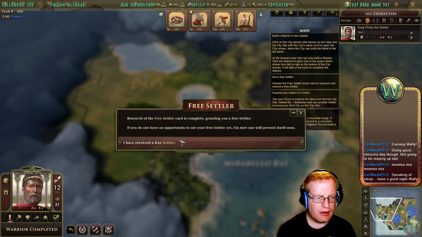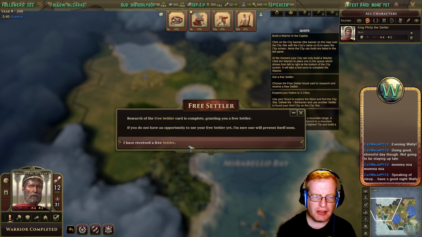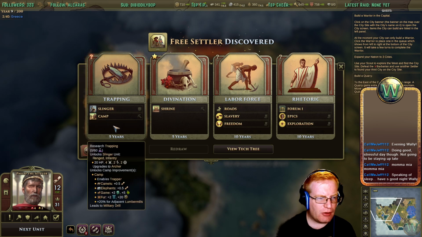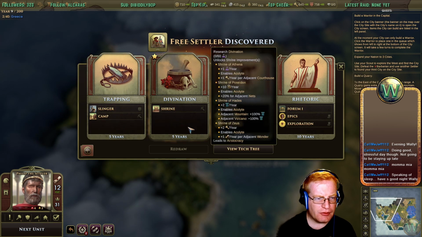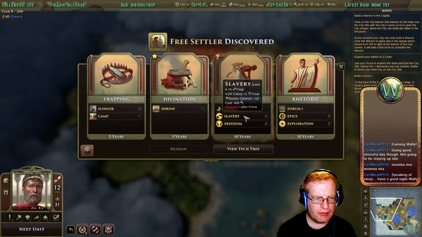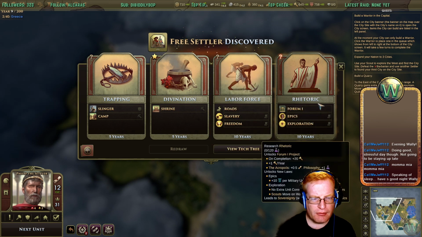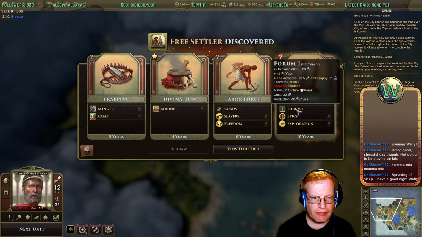End the year. Research of the Free Settler card is complete, granting you a Free Settler. If you do not have an opportunity to use your Free Settler yet, I'm sure one will present itself soon. So we could take trapping, which we looked at before, or divination, which we also looked at before. Labor force gives us the ability to build roads, and it also gives us the choice between a law of slavery or a law of freedom. Finally, we have rhetoric, which gives us the forum, which gives us a boost to orders and philosophy, and